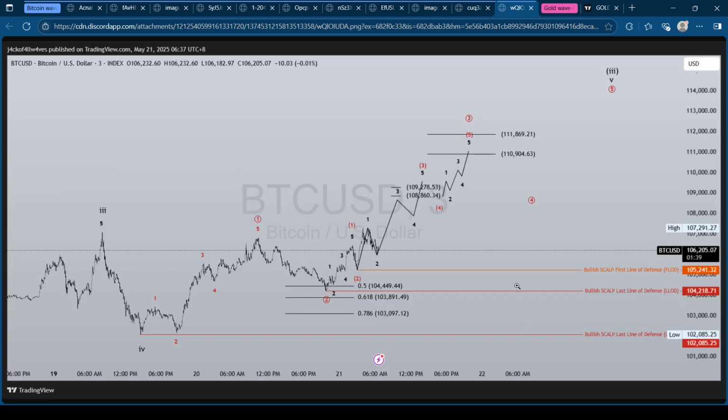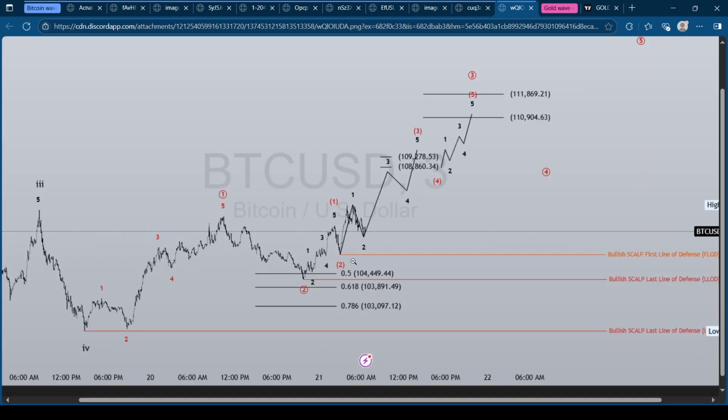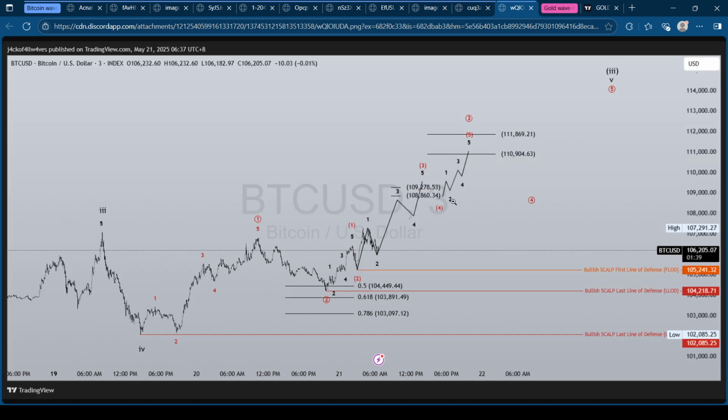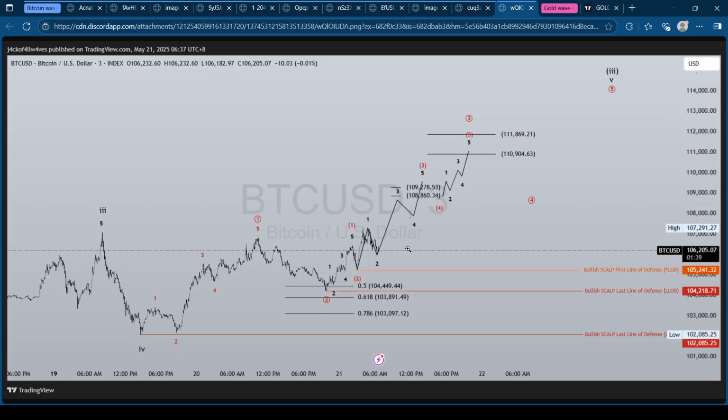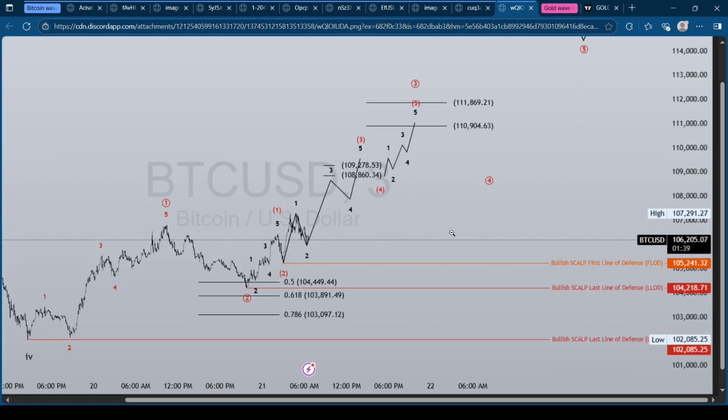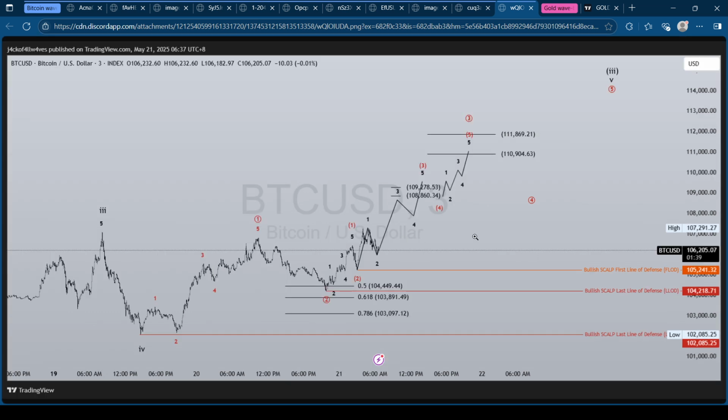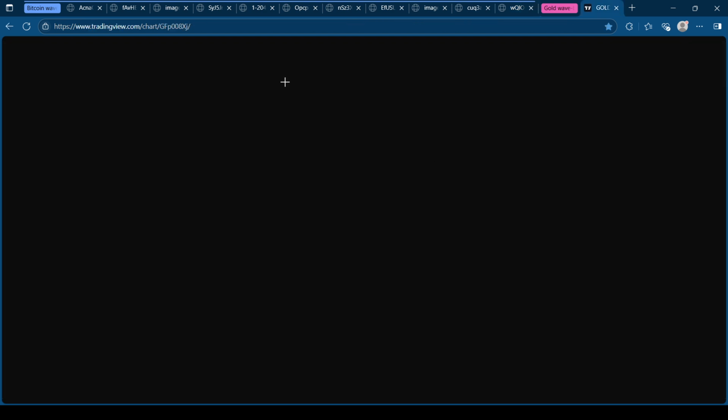So from here, let's see what happened after. I projected that it will create 5 internal waves. Remember that this is a 3 minutes time frame, so the noise is quite high and the wave counts will be quite volatile. There's a possibility that the price action may happen right away. So this is my most recent forecast, and let's see what happened to the actual price.